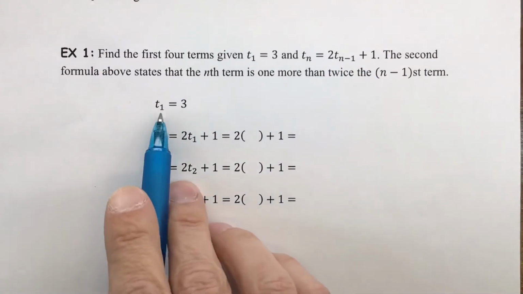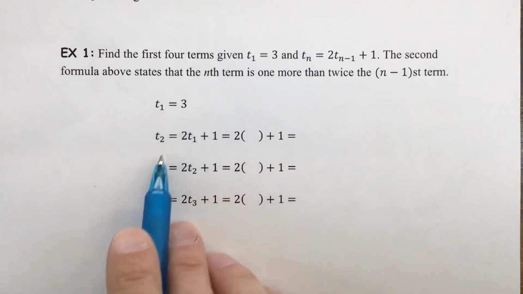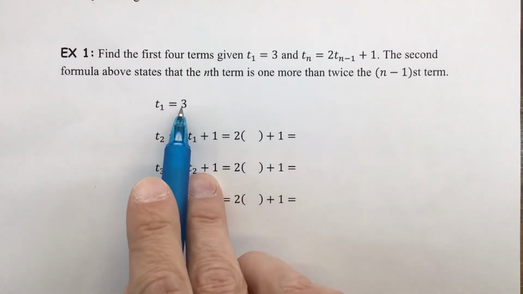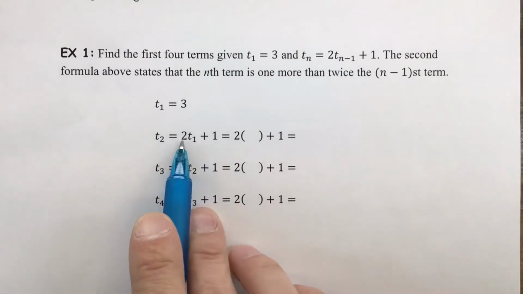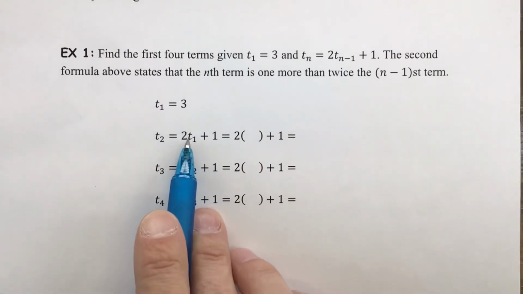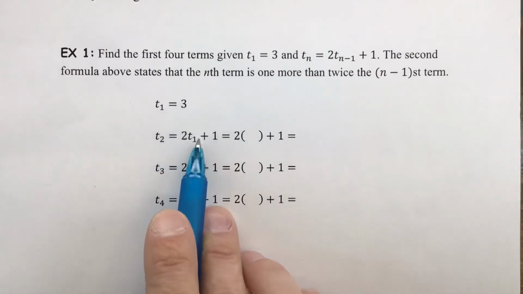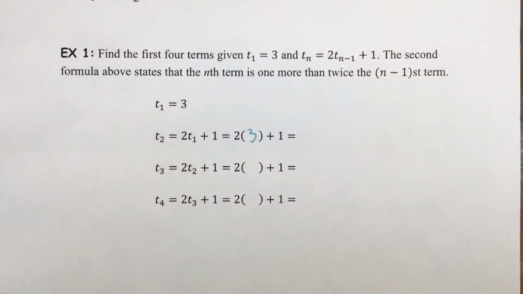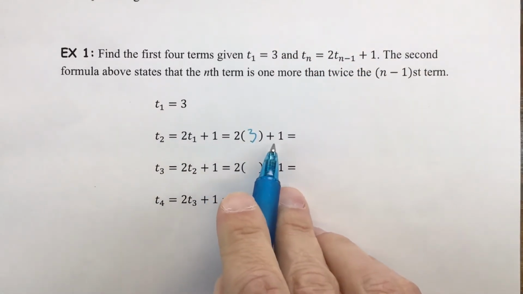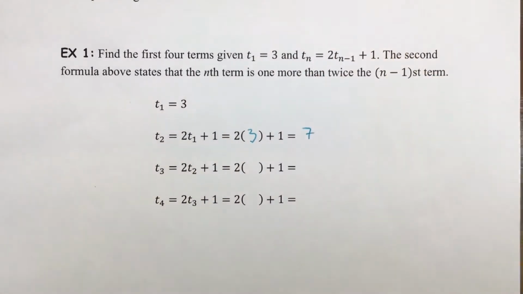So if T1 is 3, to figure out T2 we take that value and plug it in for Tn minus 1, which is already filled in with a T1. So the 3 goes here, and that means it also goes here. We're going to get 2 times 3 plus 1,